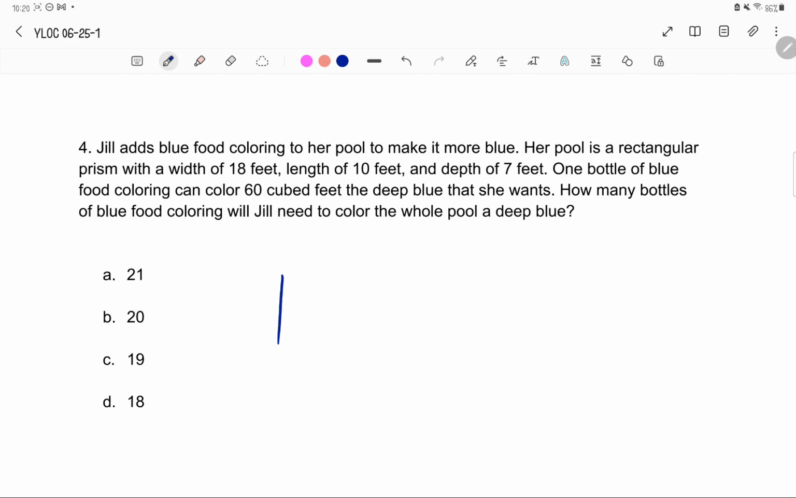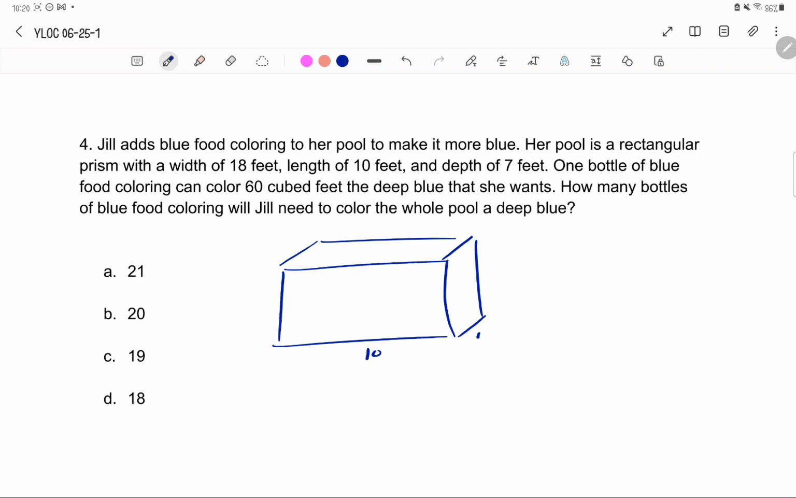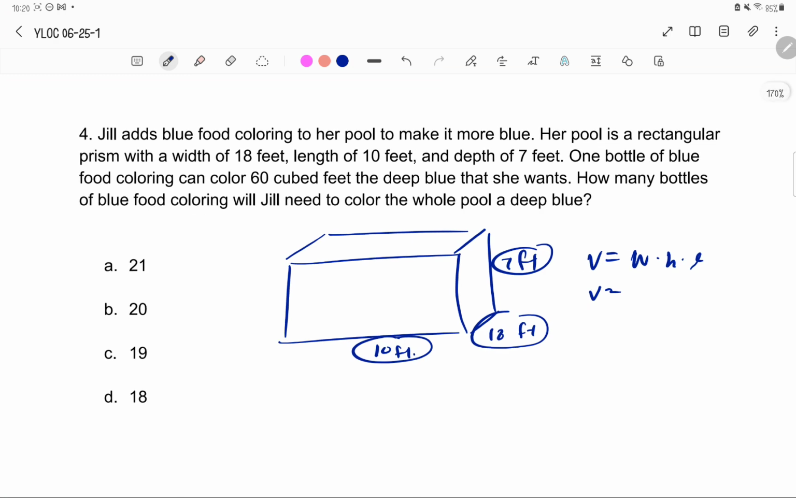So it's a prism, we're going to draw the pool, this 3-dimensional shape, and it has a width of 18, length of 10. It's not very accurate, but yeah. Okay, 7 feet. How do we find the volume of a prism? We're just multiplying all 3 values, right? Volume is width times height times length. So the volume is, if you multiply, 10 times 18 times 7,